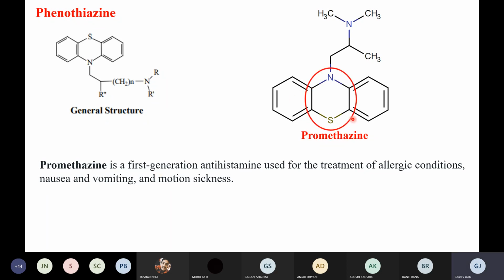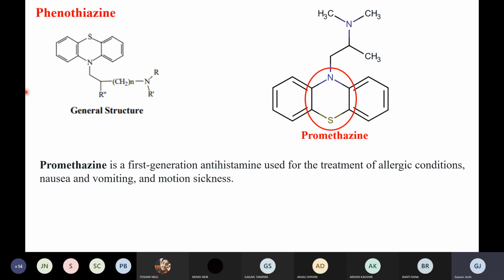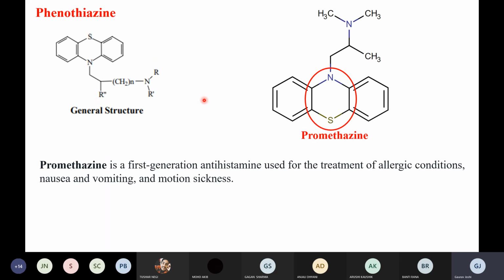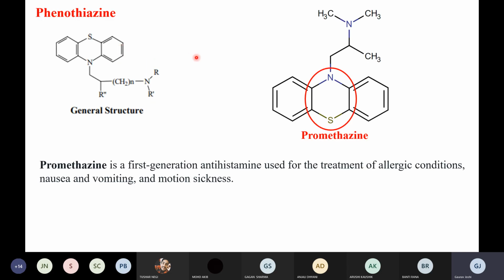So this was the important thing I was talking about. This group was placed to bridge this aryl group and this aryl group, right? Then we have trimeprazine. In trimeprazine, there was nothing new, but what they have done is just added a methyl group. See, there is a general formula again, R', R''. So it can be methyl. Here it is also a methyl, and here it is also a methyl, right? So the simple thing is there. The important thing they have done, see here, they have added an extra methyl group, an extra bridging carbon is here, right? If you look at this thing,